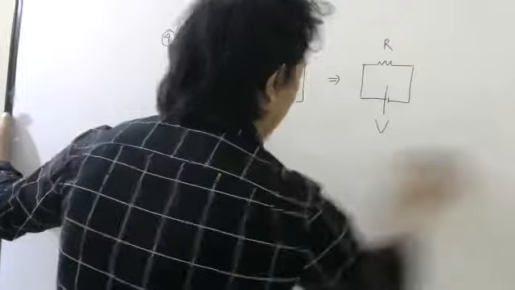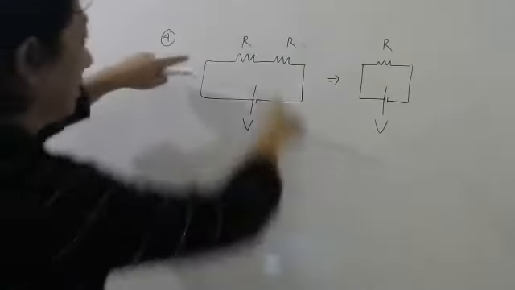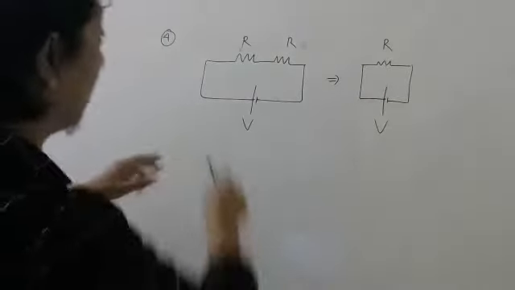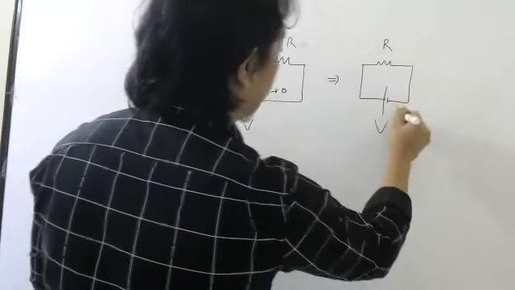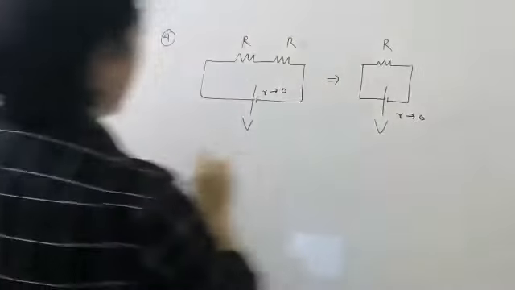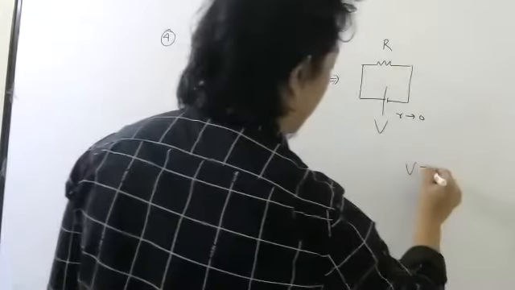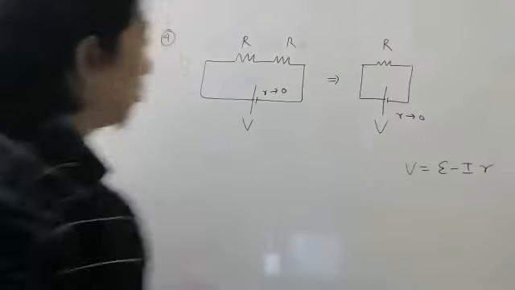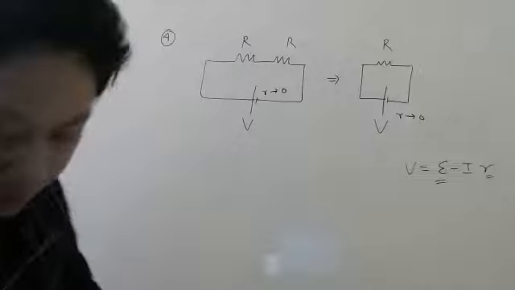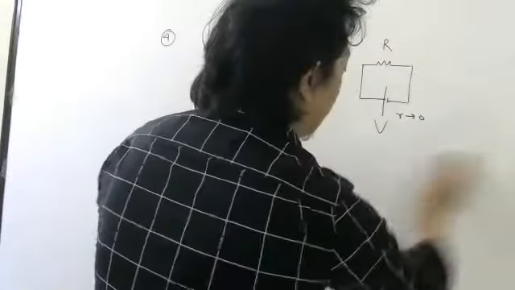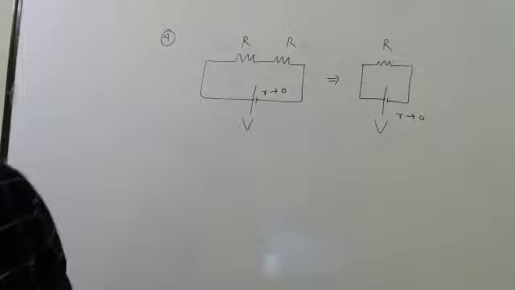Since the battery is same, whatever terminal voltage this will get, this will also get the same terminal voltage because the battery is same. Oh, sorry, current will be different. Terminal voltage will not be the same, because current will be different. Terminal voltage is E minus Ir. E may be same, small r may be same, but current here will be different from here because this has more resistance. So let us assume internal resistance is 0 so that we can answer it easily.